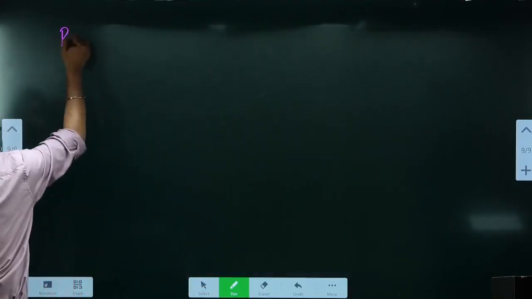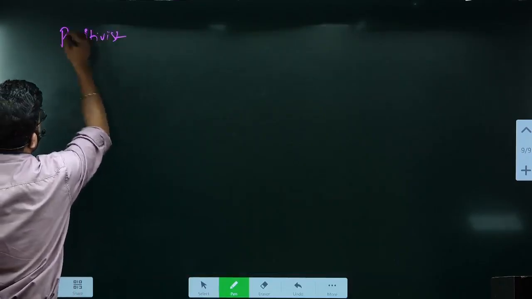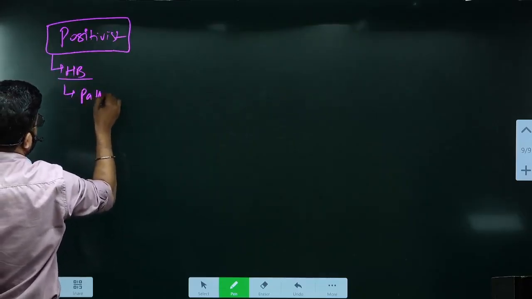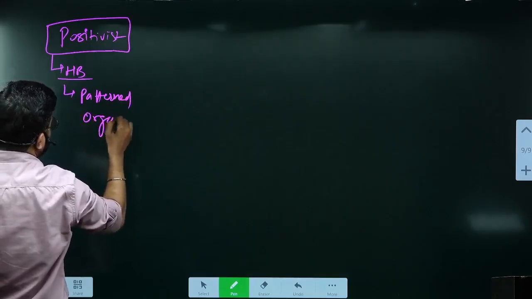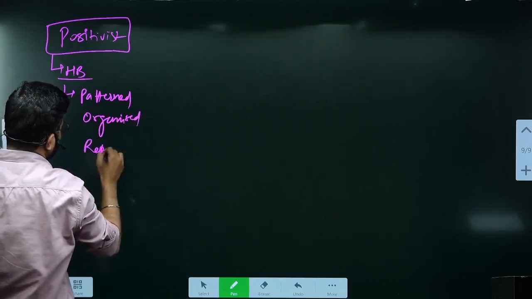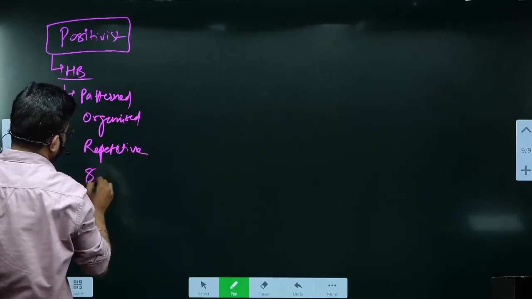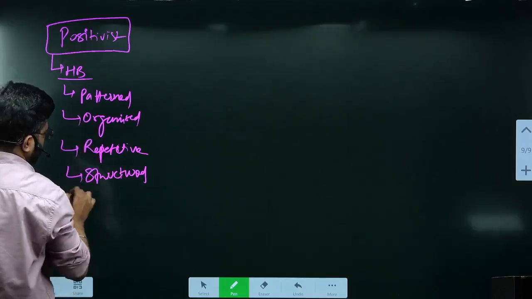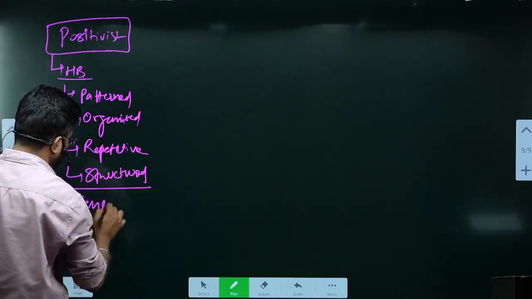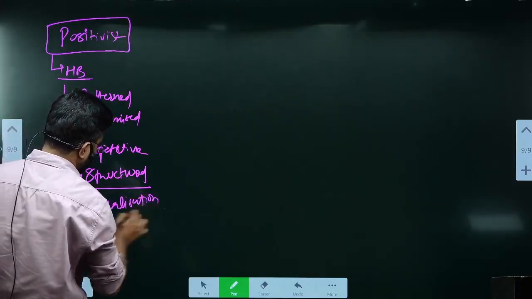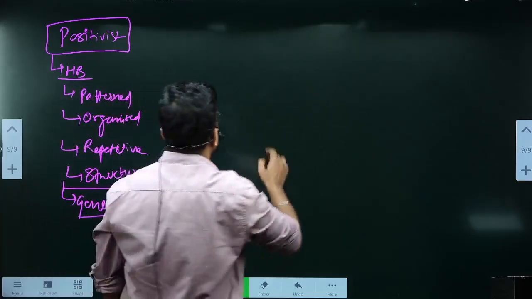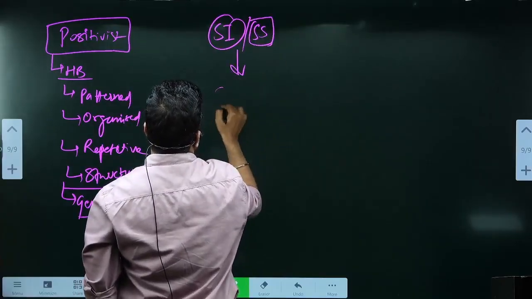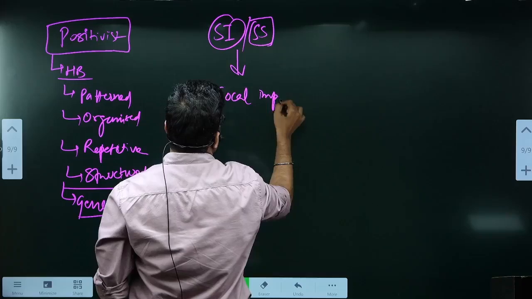For the positivist school of thought, human behavior is patterned, organized, repetitive, and structured, just like natural sciences. That is the reason we are able to follow generalization. Okay, as we read earlier, social institutions and social structure impose social action and impact social action,